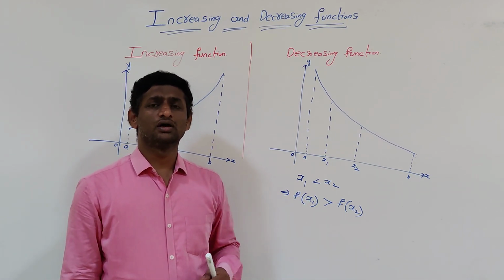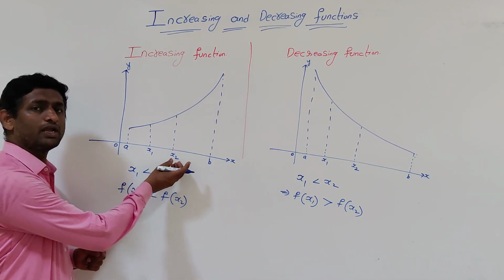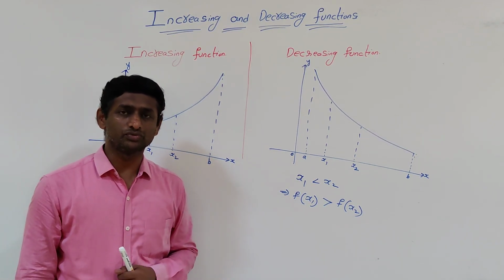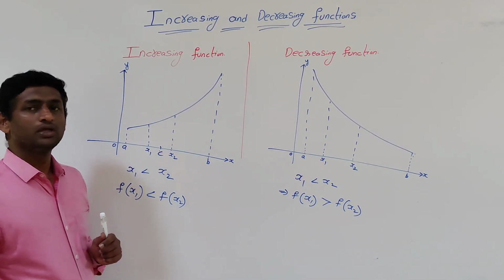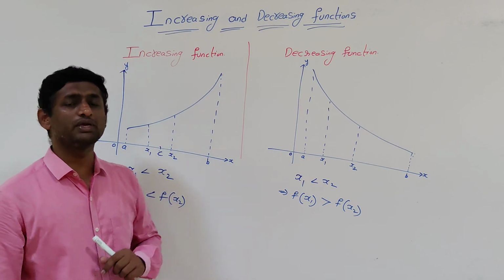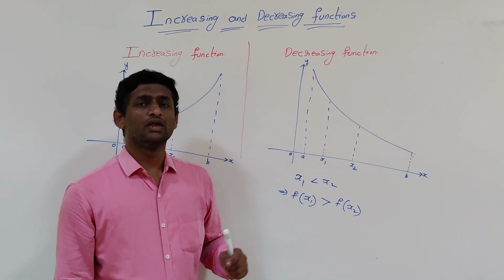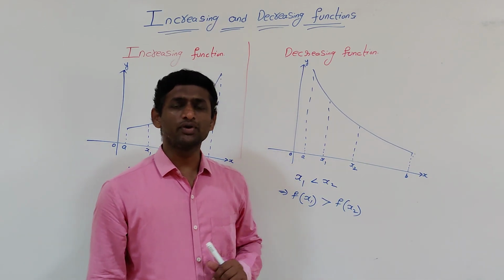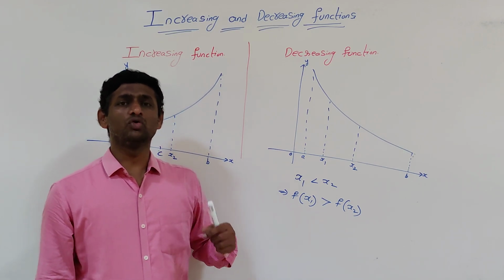And we have discussed the slopes also. If you take a small neighborhood of a point in between a and b, and the slope is positive, meaning the derivative of this function at x is equal to some point c and is positive, then the function is said to be strictly increasing. And for a decreasing function, if the slopes are negative at any point in between a and b, then the function is said to be strictly decreasing. Now based on this, we will go for one statement.